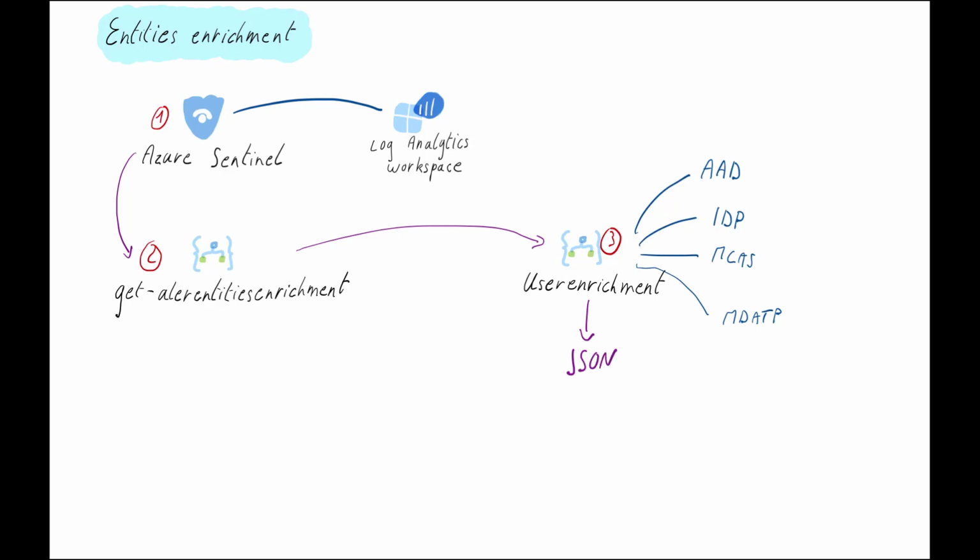And this JSON, after being composed, is then sent back to our first playbook, Get Alert Entities Enrichment. And from there, Get Alert Entities Enrichment is going to perform a few things. It's going to send this JSON to a Log Analytics workspace to be used for future advanced hunting queries. And it's going to also send that information in another way. So it's not going to be a JSON, but text formatted information